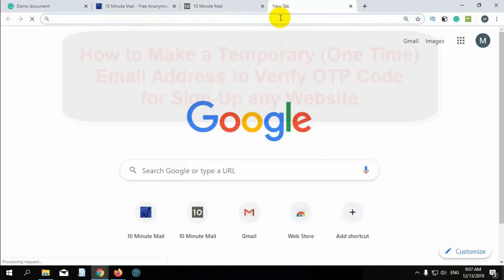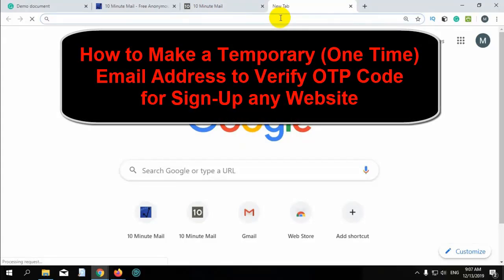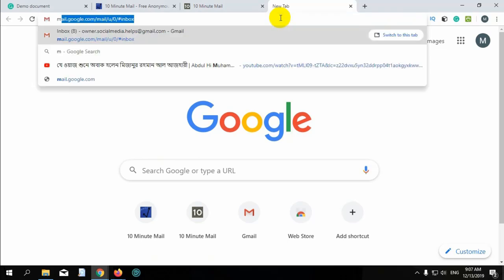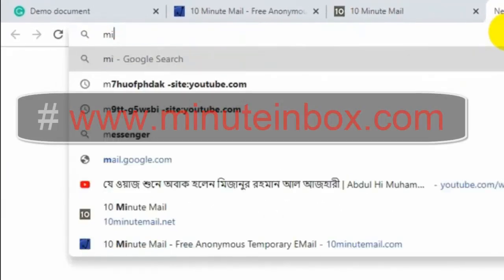In this video I will share how to make a temporary one-time email address to sign up on any website and verify the OTP code. At first I open my web browser and browse the site